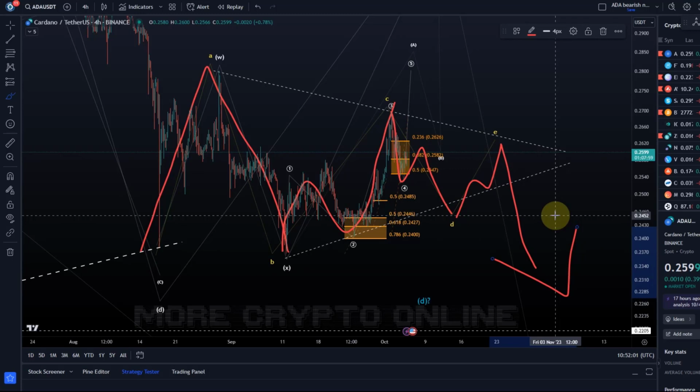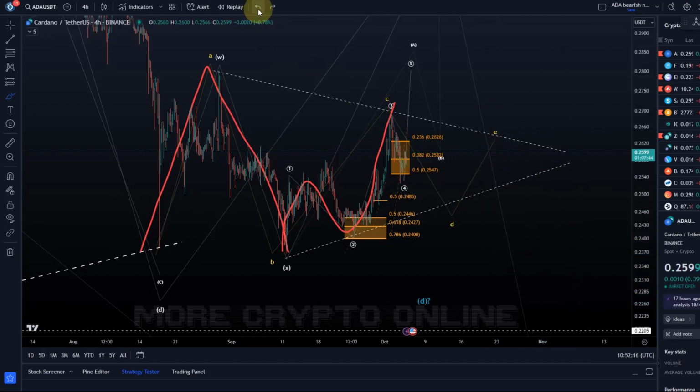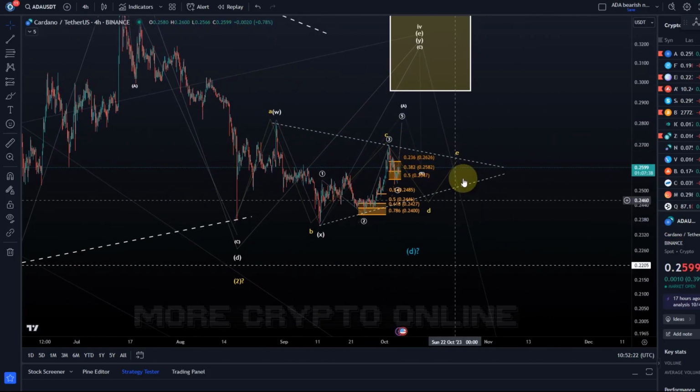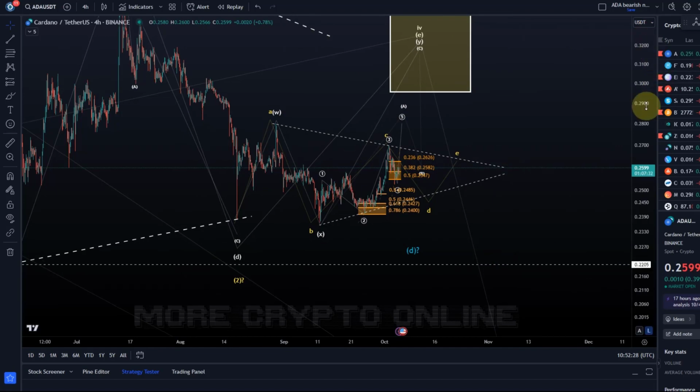On the ADA chart, if you followed the previous videos, you will know that we are still watching for another bear market low, in the region around 15 cents, roughly. We will be able to determine that better if we know if we have a breakout to the downside from here or if it will happen from higher, because either way at the moment another bear market low is preferred, either from the small triangle pattern to the downside, which would be confirmed below 24 cents, or from a larger